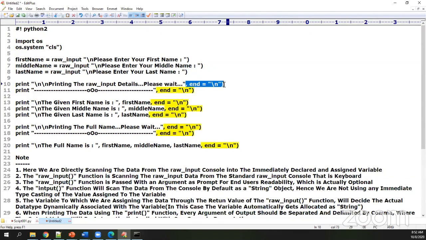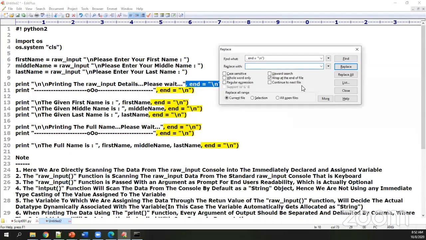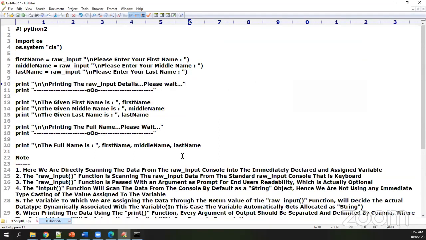And then you're eliminating that construct of the end, and you're closing it like this.